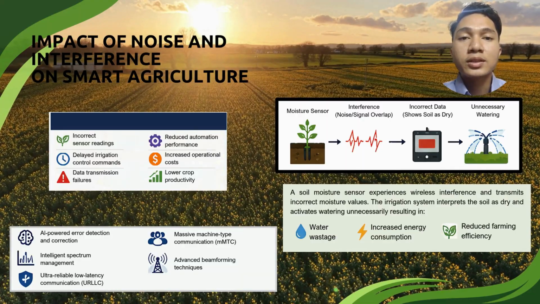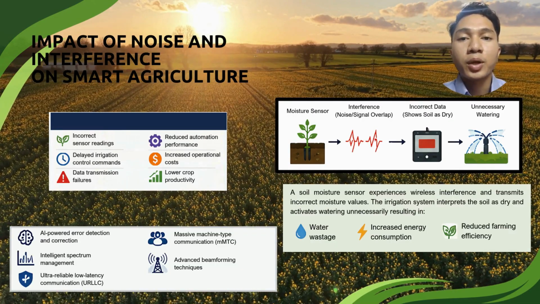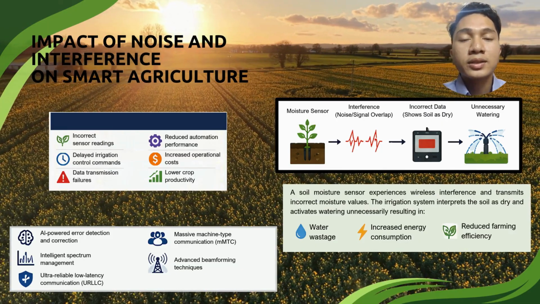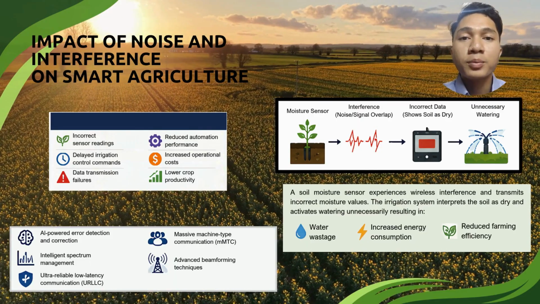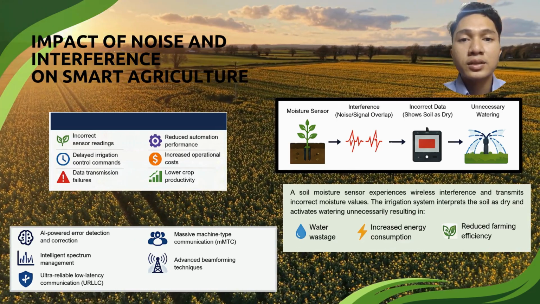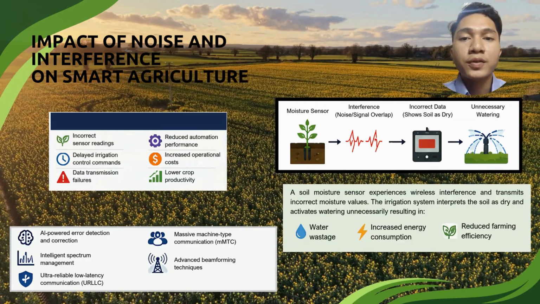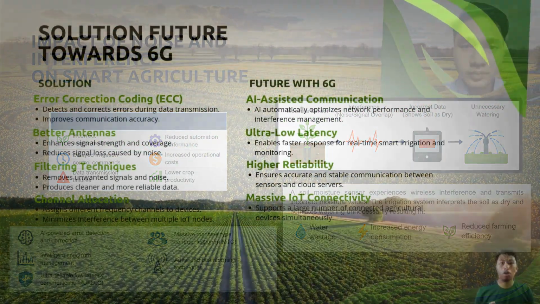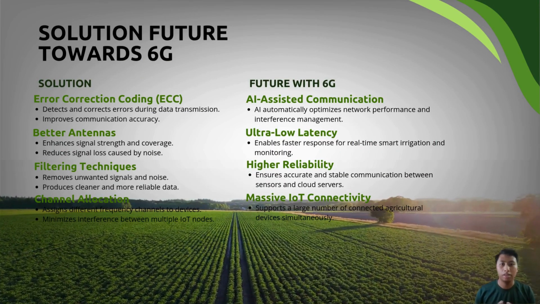To address this challenge, future 6G systems will incorporate solutions such as AI-powered error detection, intelligent spectrum management, ultra-reliable low-latency communication, massive machine type communication, and advanced beamforming techniques. In conclusion, minimizing noise and interference is essential to ensure accurate sensing, reliable communication, and efficient decision making in future 6G-based smart agriculture systems. To overcome the effect of noise and interference in IoT-based smart agriculture systems, several current solutions